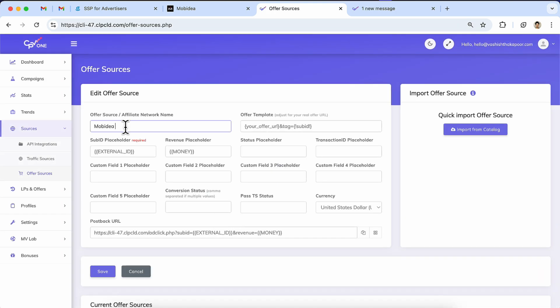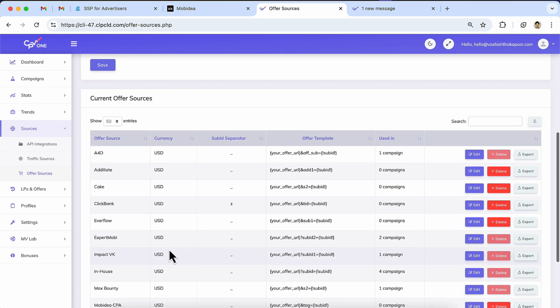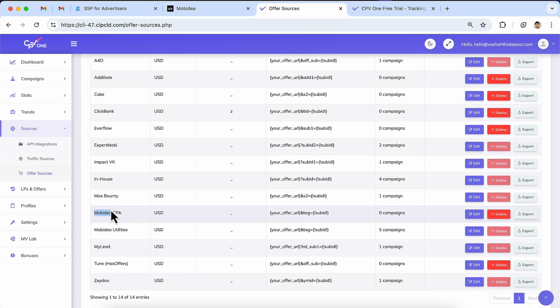Now just copy this postback URL and click on Save, and let's save this postback URL in the affiliate network dashboard for proper conversion tracking. So here you can see I have added the offer source.